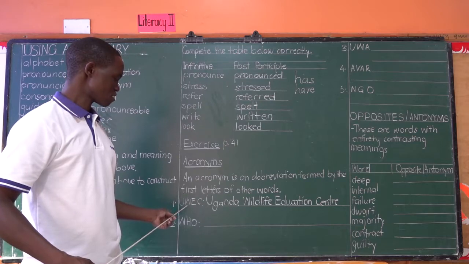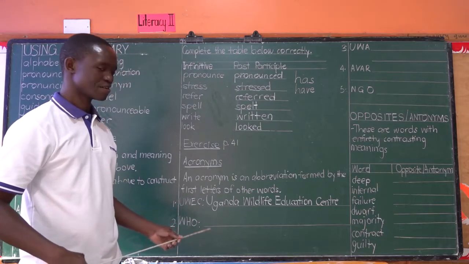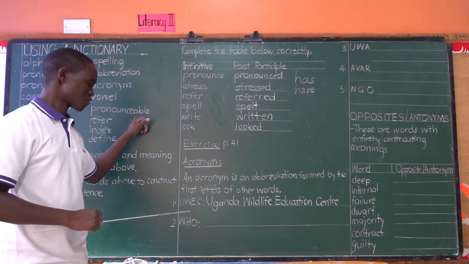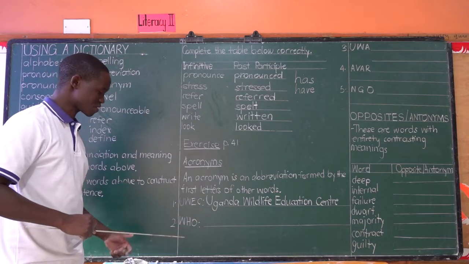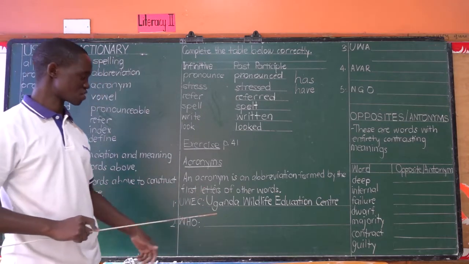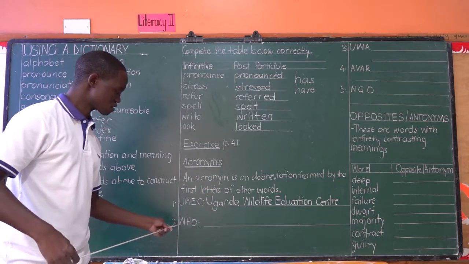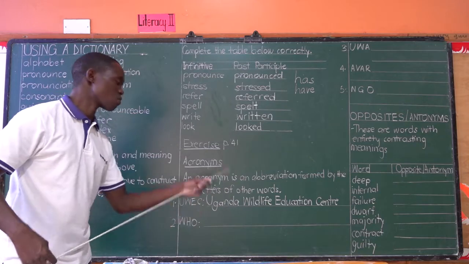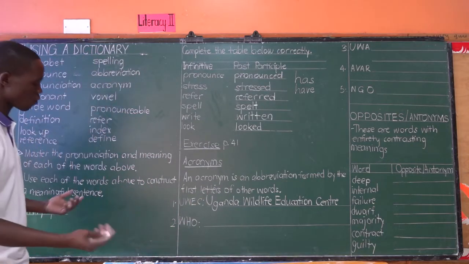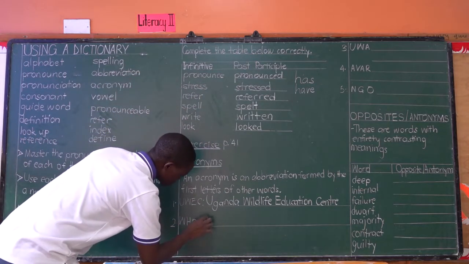Yes. Don't tell me words like UPE are acronyms. Never. Because if you can't read it as a complete word, then it is not an acronym. Acronyms should be read as words. You read this as UWEC. You read this as WHO. Some read W-H-O, others read WHO. If you read it as WHO, then it becomes your acronym. The WHO in full is